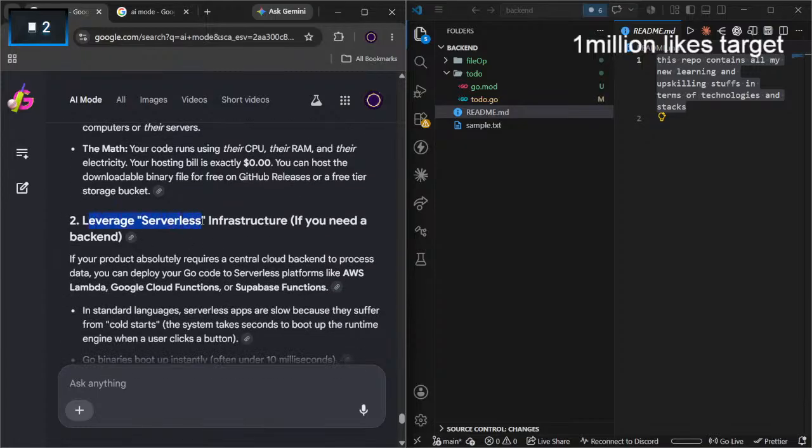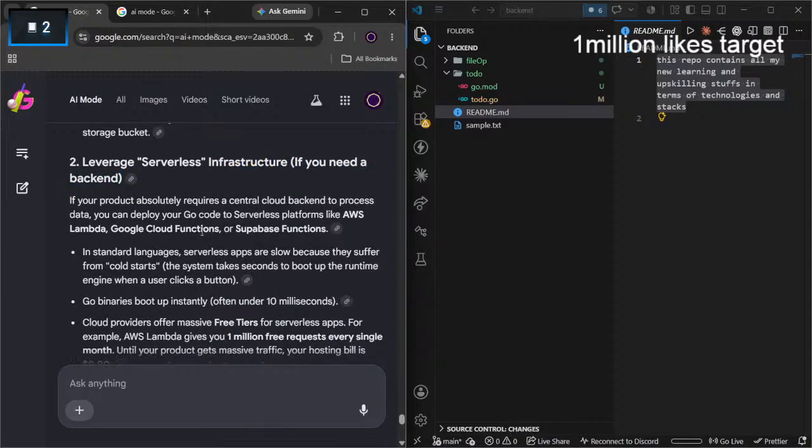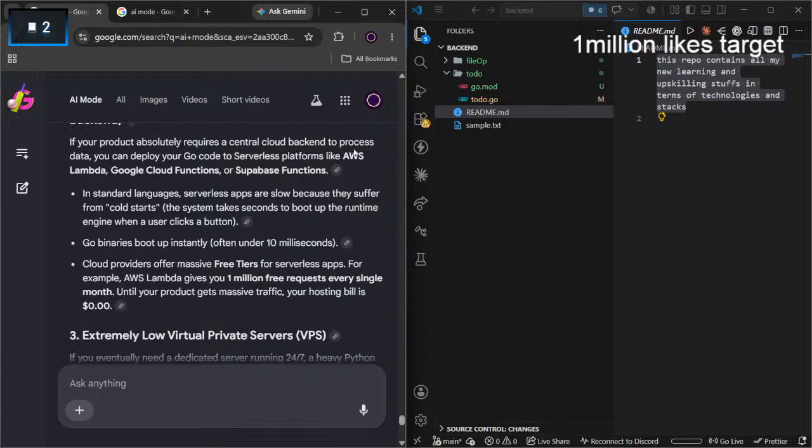Leverage serverless infrastructure if you need a backend. What do you mean by serverless? Without server? Oh, I understand.